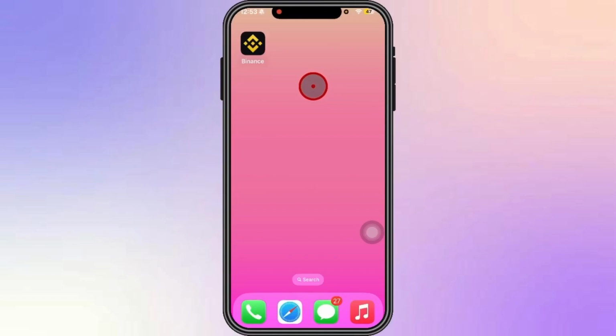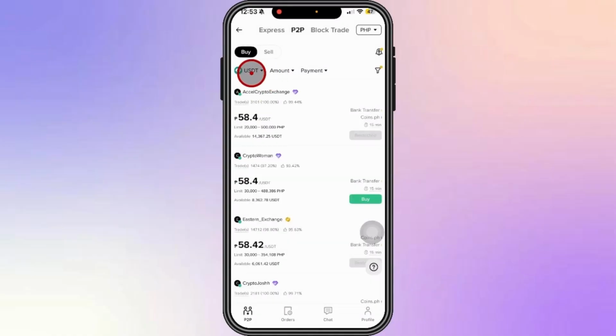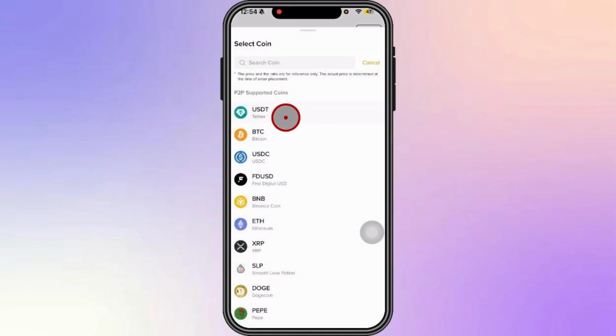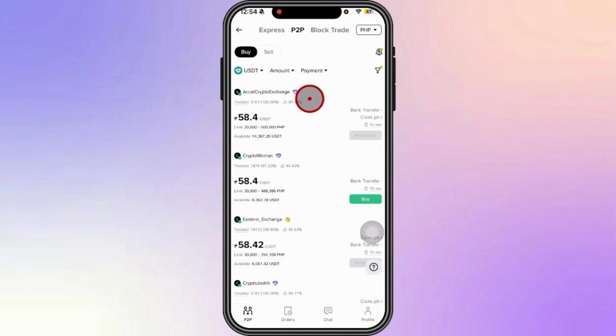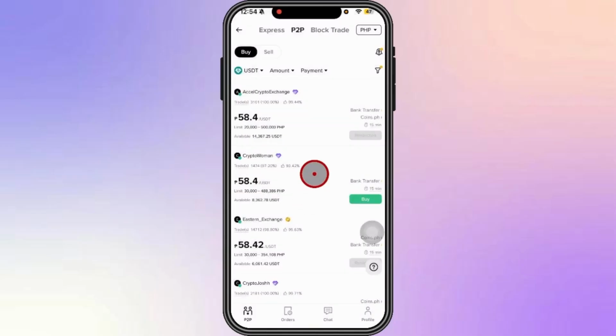So for today's video, I'm going to teach you how to buy USDT on Binance with PayPal. So of course, head over and open your Binance app, and from here, make sure that you're logged into your account. Next, from your homepage, head over and click on P2P. Then from here, make sure that you chose USDT as coin. Then, of course, add in the amount that you would like to buy, and in the payment options, click on